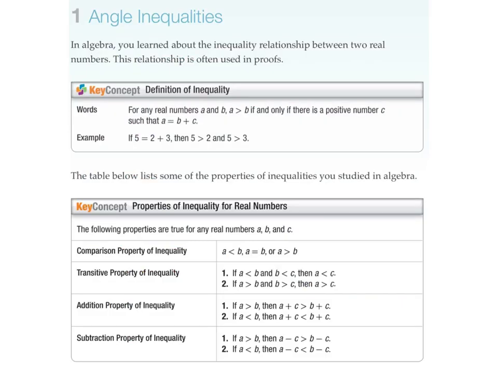Okay, so here's the definitions. Don't forget that you will have an inequality. You can, if you think about it, solve inequalities like equations, but make sure that you put them back into inequalities when you've finished. All right, and here we've got the properties of inequalities, and you will notice that 3